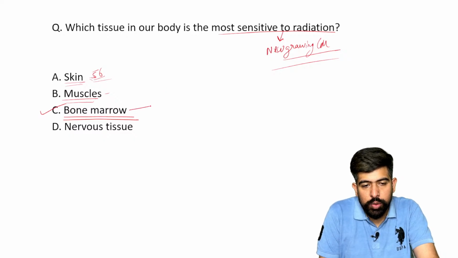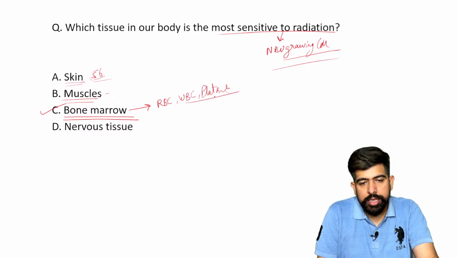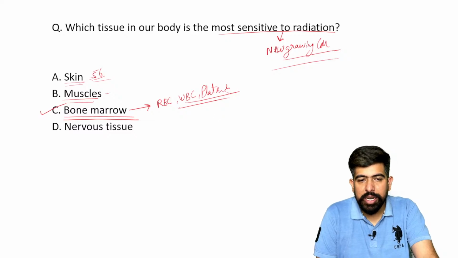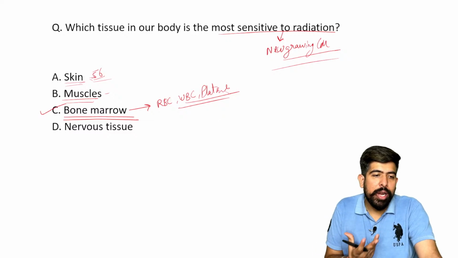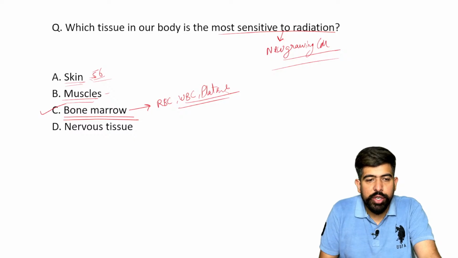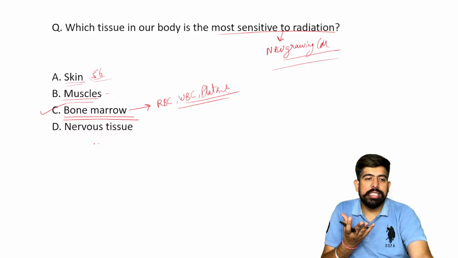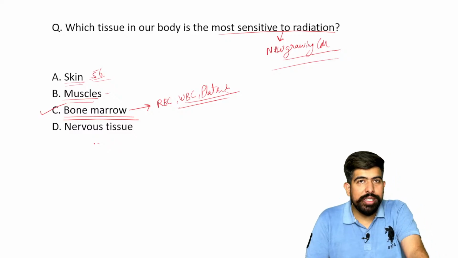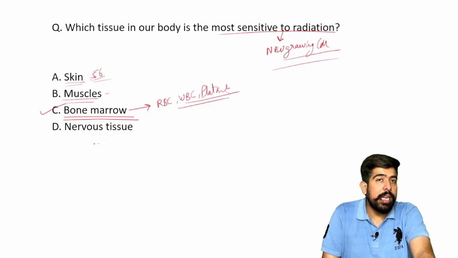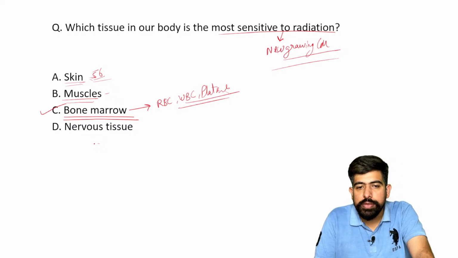But in the bone marrow, there are blood cells like RBC, WBC, and the platelets. They are growing. Yes, the blood cells are formed from your bone marrow only. Like if the option is given to you with the bone marrow, like the testis. Okay. So of course in the testis also, what is happening? The sperm is there, which is the new growing cell, right? So the testis can also be a radiosensitive organ, right?